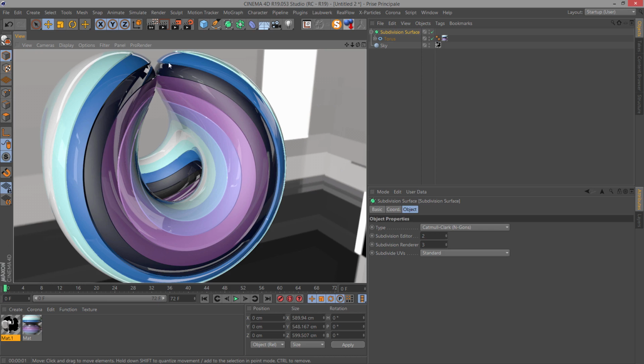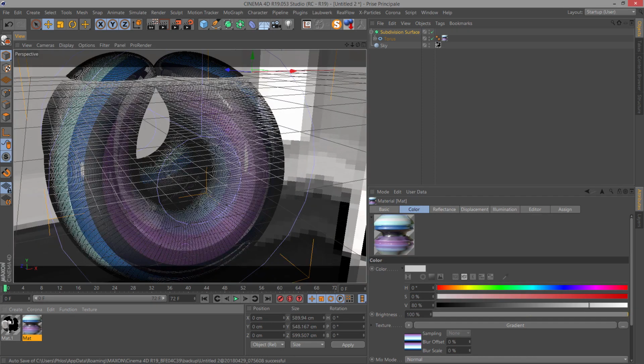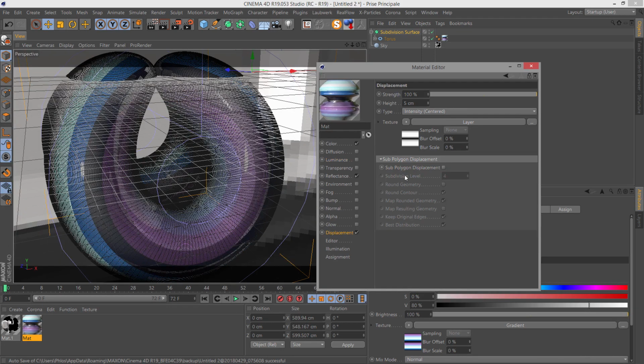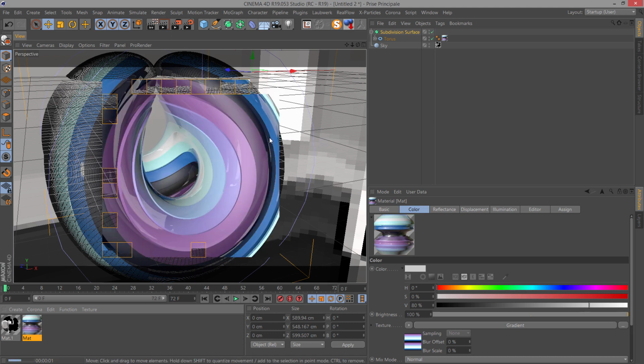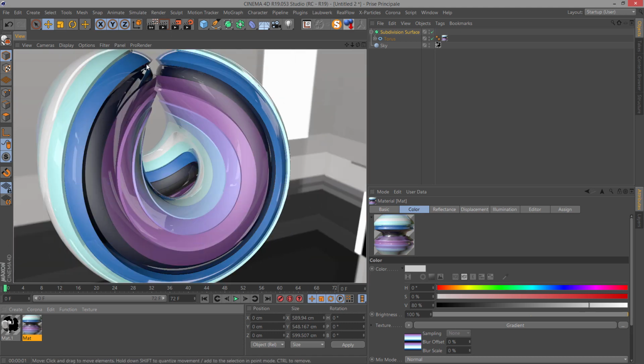If you want more extrusion, you can go here in this material, and inside displacement, you can make it bigger, like 15. You see, it's a little more. So it's okay for that.